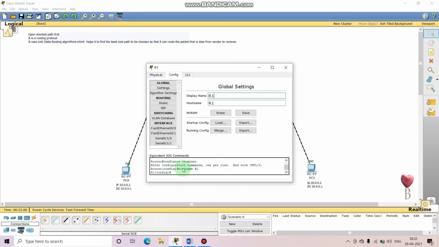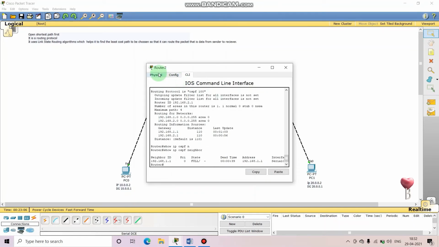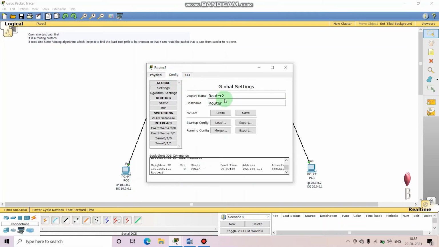See, hostname, this is the command to change the name of the router. Here I'll make it R2. Here I'll make it R3.